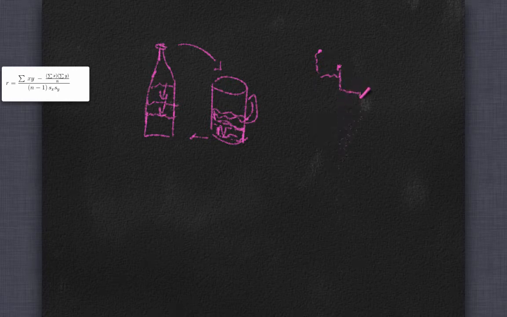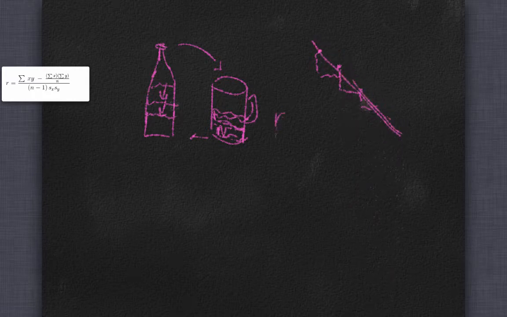So I'm always going kind of like this as I pour. So I actually have a line, right? So this is going to have R equal to 1 if you don't spill. And it's going to be, for the other quantity, exactly -1. If you have something like